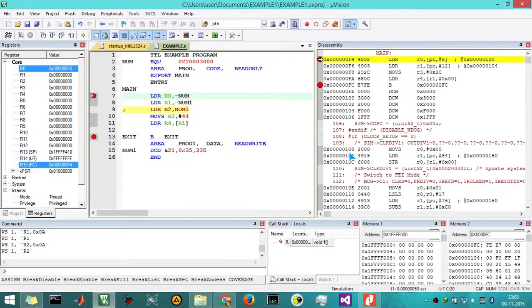Rather, we will get the progress of execution only in this disassembly window. But in case we are going to have the hardware debugging, we might get that progress of execution in this window as well as in this window too. But in simulator mode, we are going to see the progress of the execution in this window only. We will not get any arrow marks like this in this main window.